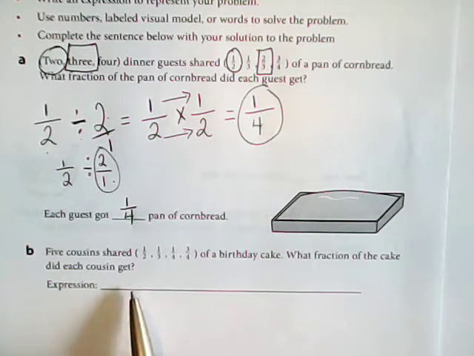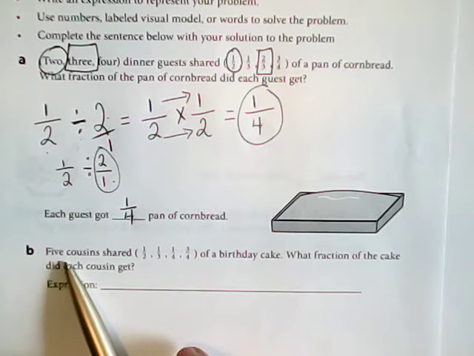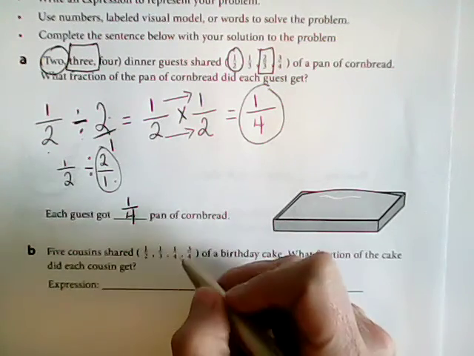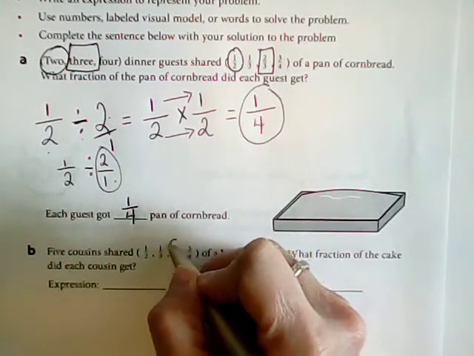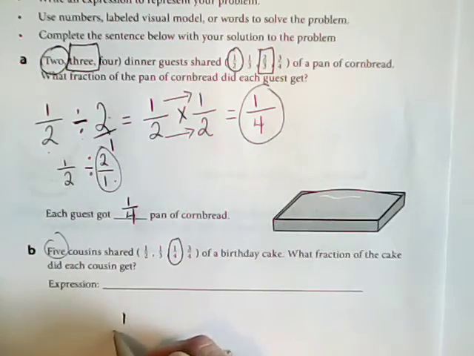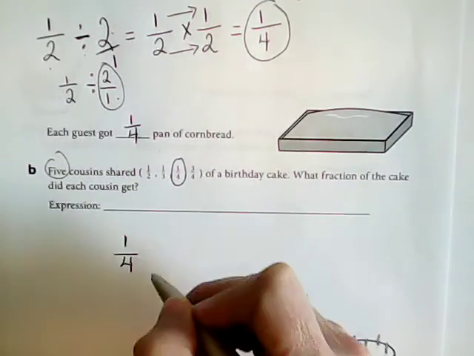So remember, what are we dividing? Are we dividing the cousins up? I don't think so. Are we dividing the birthday cake up? Okay, so I'm going to use 1/4, and then we have the 5 cousins. So remember, it's 1/4